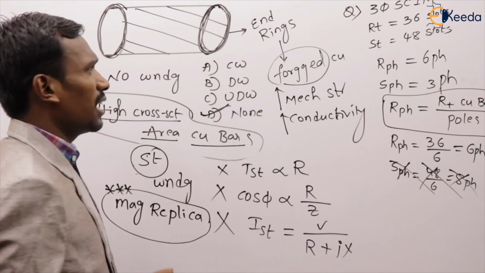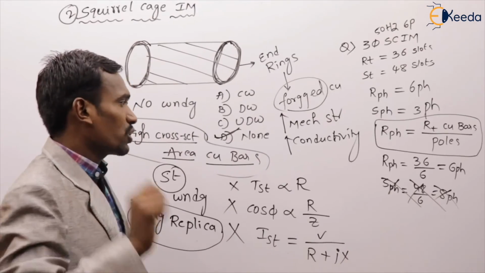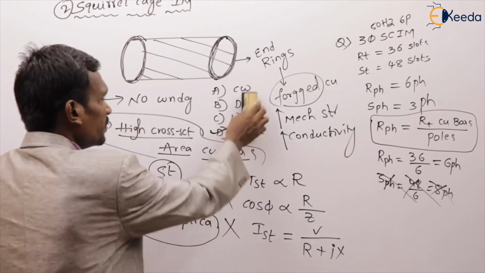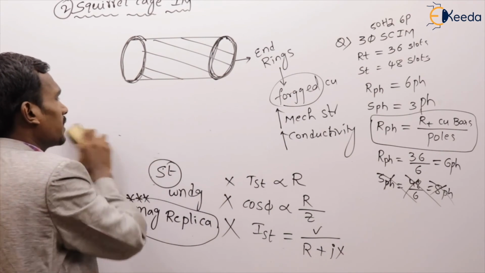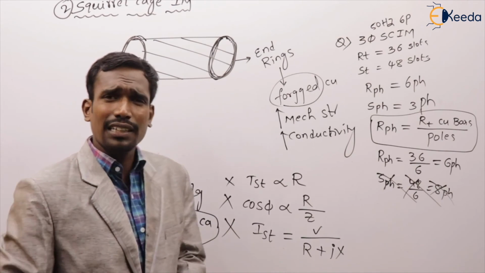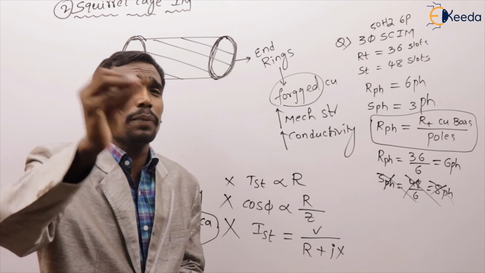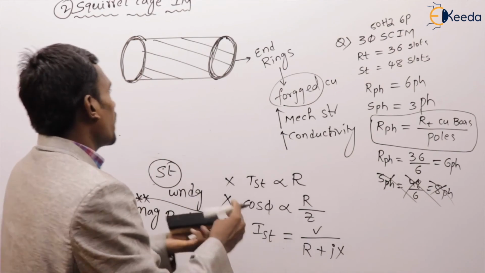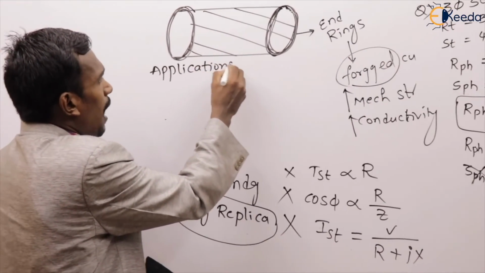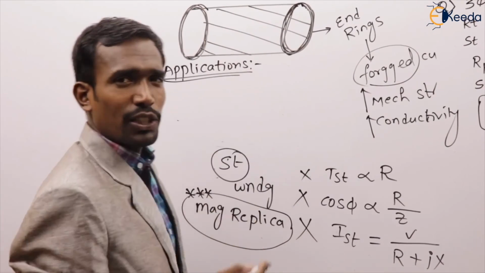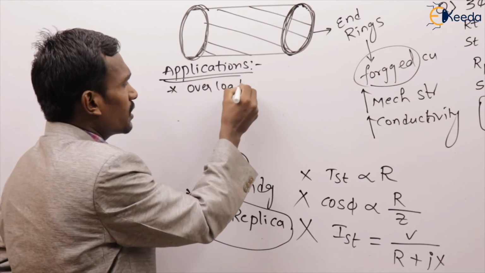Right? This is about the slip ring induction machine. Now the question, a very important question: what are the applications of the slip ring induction machine and the squirrel cage induction machine? We already saw the applications of the slip ring induction machine: high starting torque, controllable speed applications. Now tell me, what are the applications of the squirrel cage induction machine? The applications of the squirrel cage induction machine: overload capacity applications,